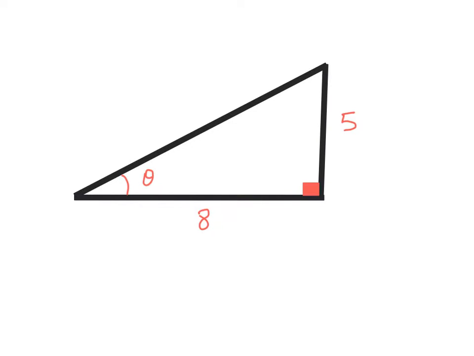So the question here, we've got to find the angle, and we look at the sides of the triangle we're given to the angle, and we know that the 5 here is the opposite side, and the 8 is the adjacent side. The third side up here is the hypotenuse, and we don't know that, so we're not going to worry about that. We know that SOHCAHTOA